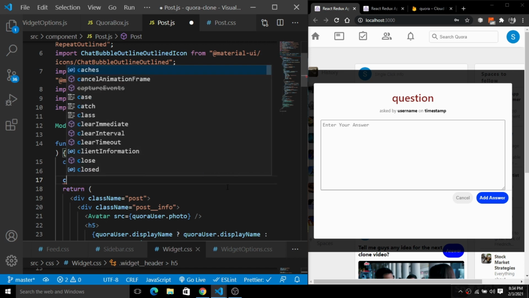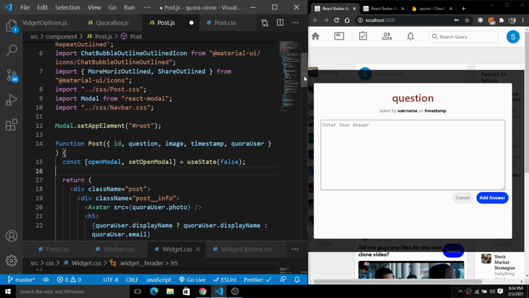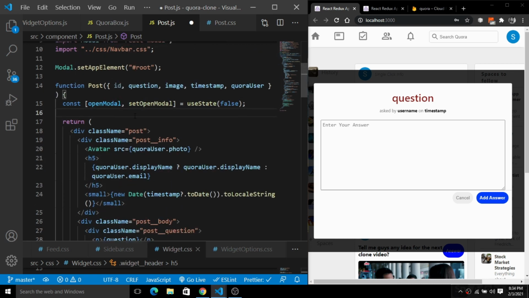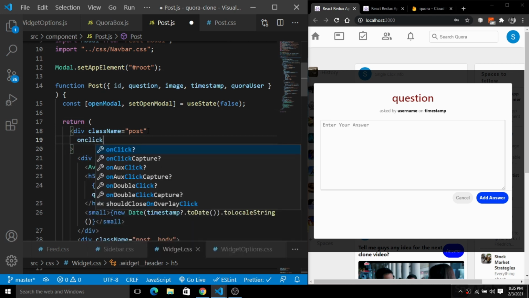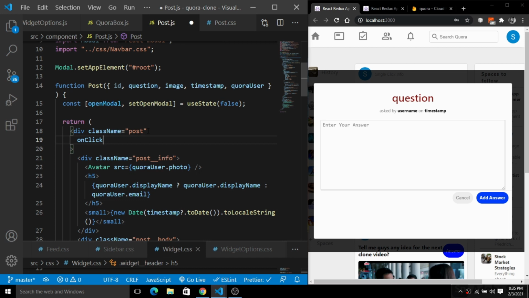So let me do the things first of all here. We have this return statement inside of this post. Inside of this post we will add the functionality of on click. For the respective post we will have a different ID or a different question name for that post.